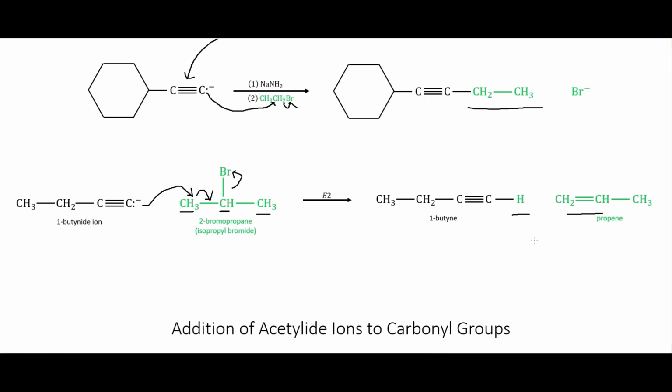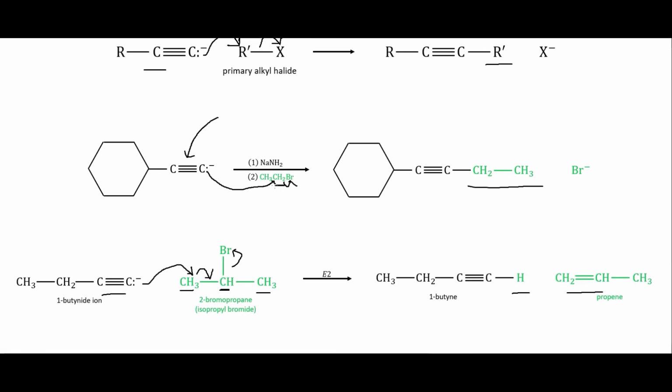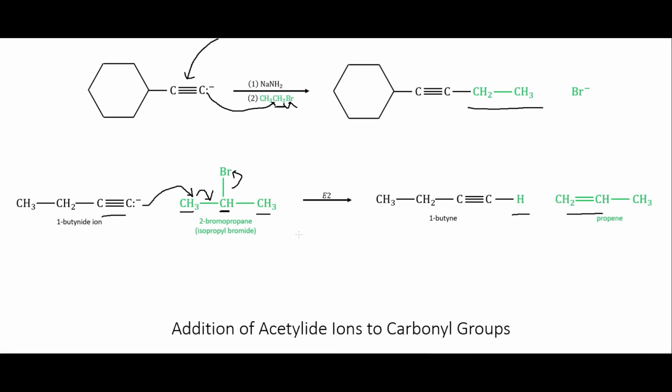And so you're going to especially get these side reactions like this because these acetylide ions right here are such strong bases, because their conjugate acid is so weak, that they are just going to start reacting really fast with pretty much everything around them. And so you need a fairly unhindered electrophile or substrate in order to get that acetylide ion to bond to